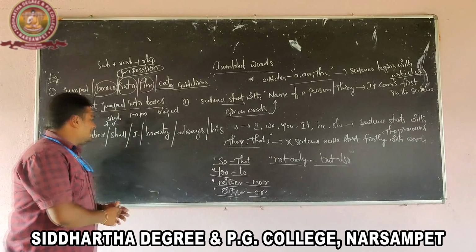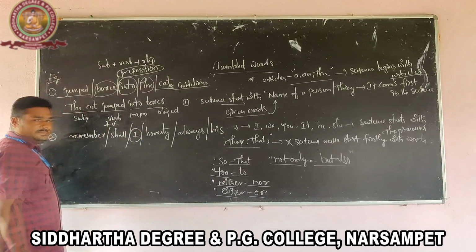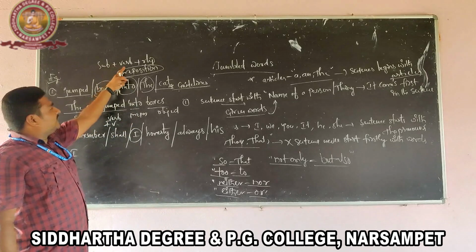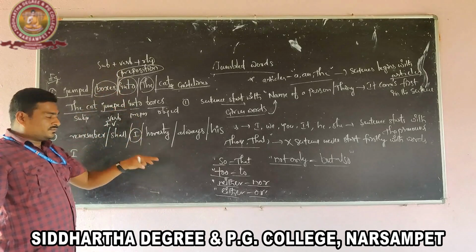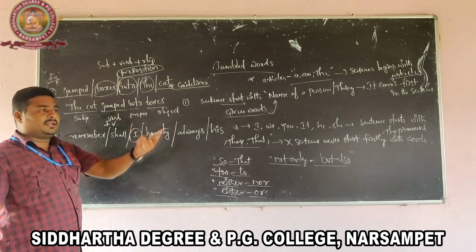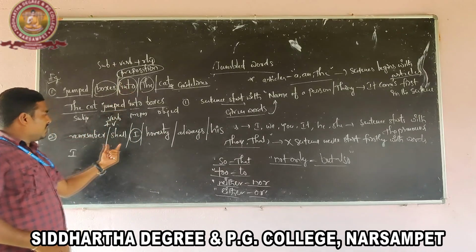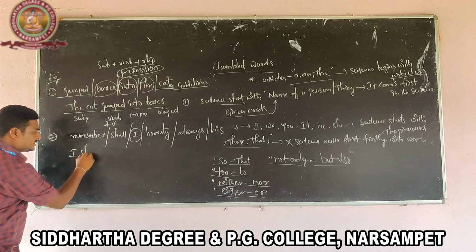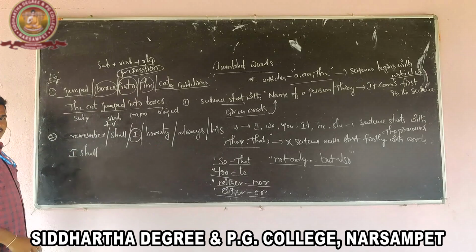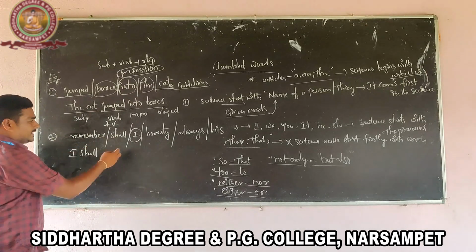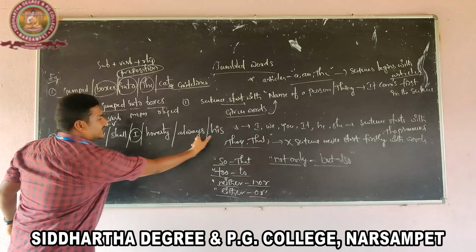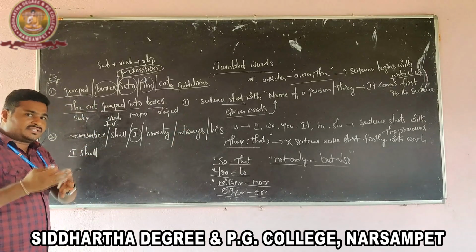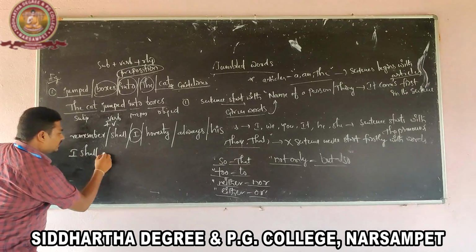There is a pronoun. So what is the pronoun here? I. Right, I. So next, what is the structure? Subject plus verb, right? Verb means first of all, in case there is no helping verb, just identify the functioning verb. But in the given sentence, there is a helping verb that is called shall. I shall. Next, remember honesty, his. So here you understand in your own language, then you do it very easily. I shall